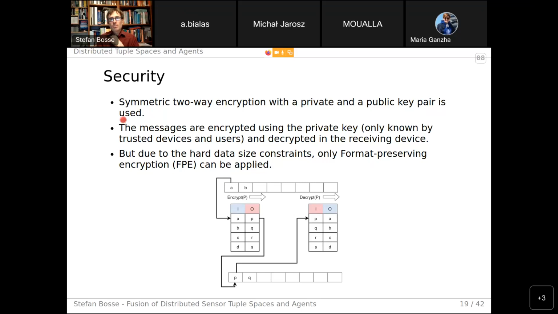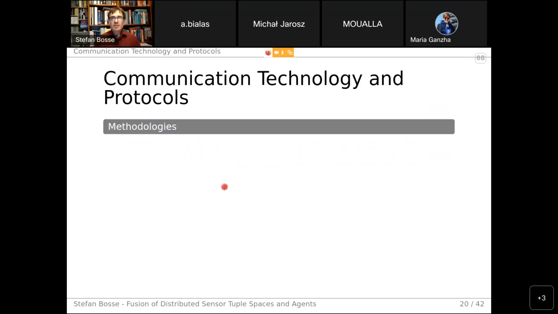So what we are using is a symmetric two-way encryption with a private and a public key pair, but with format preserving encryption. That means that the encrypted message has the same length as the unencrypted message. So it's a very, very low level security, but it's the only one we can put in the now introduced